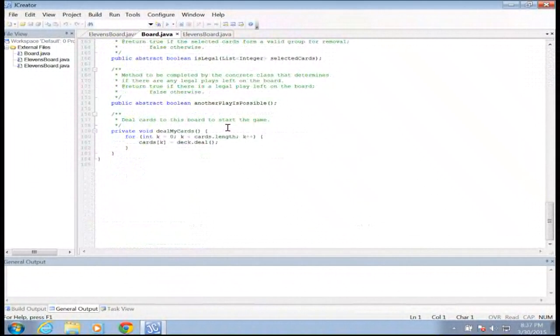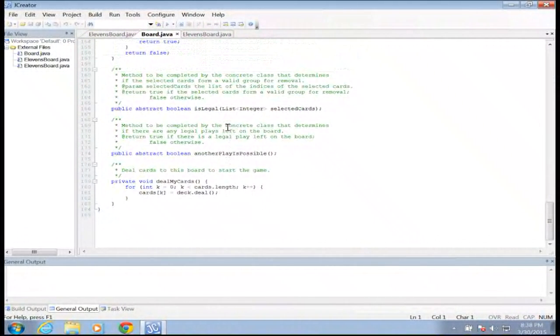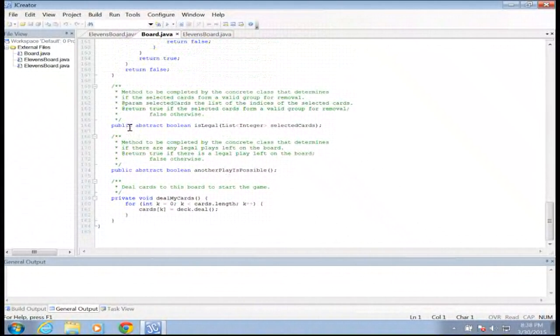So the thing I want to note down here at the bottom, these are our abstract methods: is legal and another play is possible. The fact that a play is legal is actually determined by the rules of the game. It's not determined just because it's an 11s game. The idea is that I can use this board for another game if I can establish some rules and write methods that represent those rules. I could have other legal plays. And so I just need some method